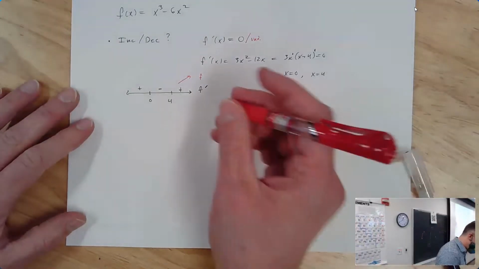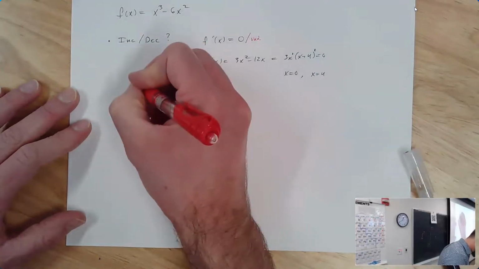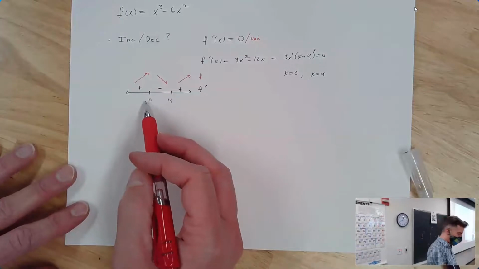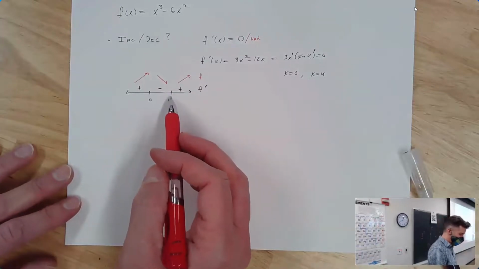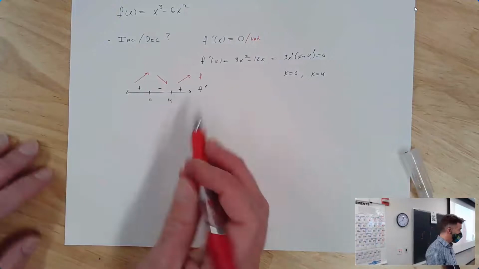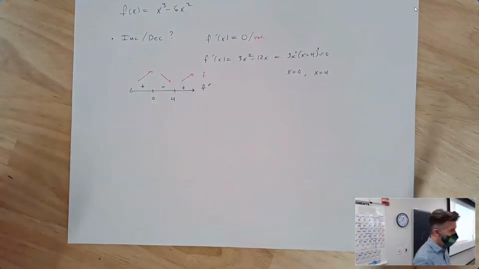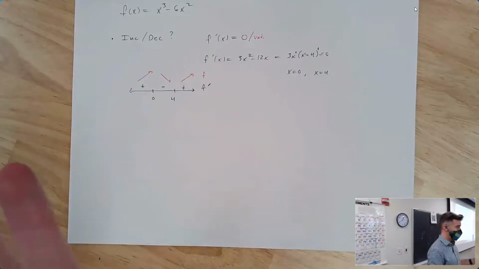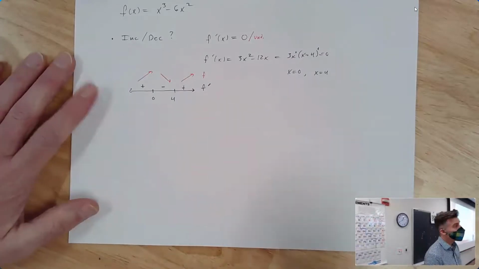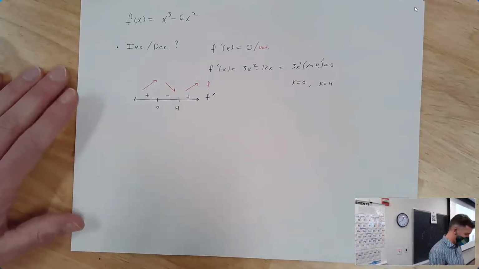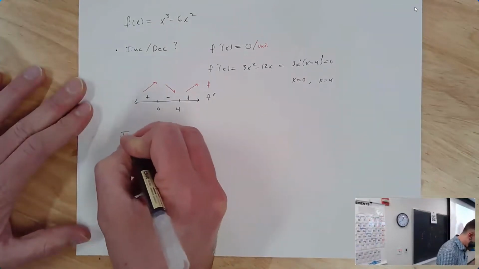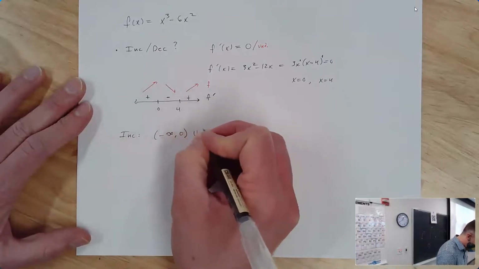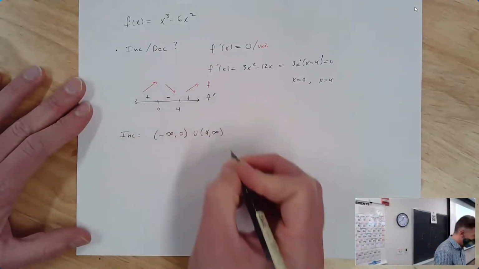So that means for us that our function is increasing from -infinity to 0, and then decreasing from 0 to 4, and then increasing from 4 to infinity. So here's how you probably need to write this. Again, I will point out some professors differ on how you're supposed to write this, but the usual standard way of writing this is that the interval where it's increasing is -infinity to 0, union 4 to infinity,